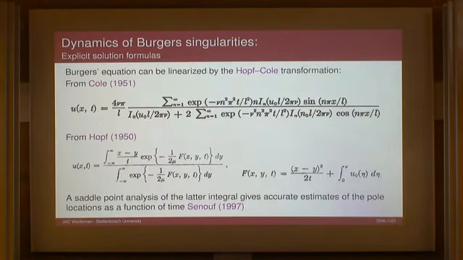So what do we know about analysis for this case? Well, pretty much everything. There is this Hopf-Cole transformation that most of us are familiar with. You take the Burger's equation, you linearize it by introducing a substitution, something like a logarithmic derivative, and you turn the nonlinear Burger's equation into the linear heat equation. You have to transform the initial condition similarly, and then you can solve the heat equation,